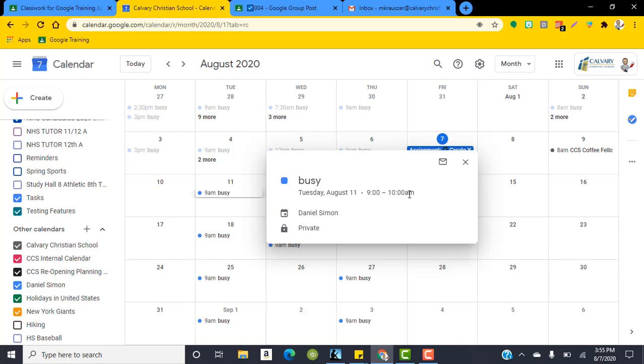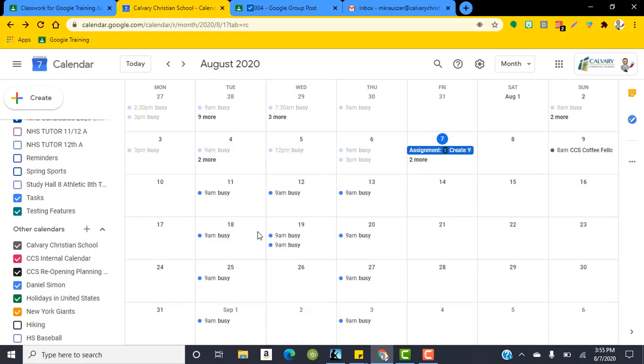Now, this is helpful in terms of your own calendar because let's say you wanted parents and students to know that you were busy on a certain day and a certain time slot and that you can't really be reached. You could put that in as your calendar if they were to add it. Now, truth be told, for us, I don't think this is particularly helpful. I don't think it's the best feature. I don't think it's particularly useful for us, especially if a lot of people are not using Google Calendar religiously,